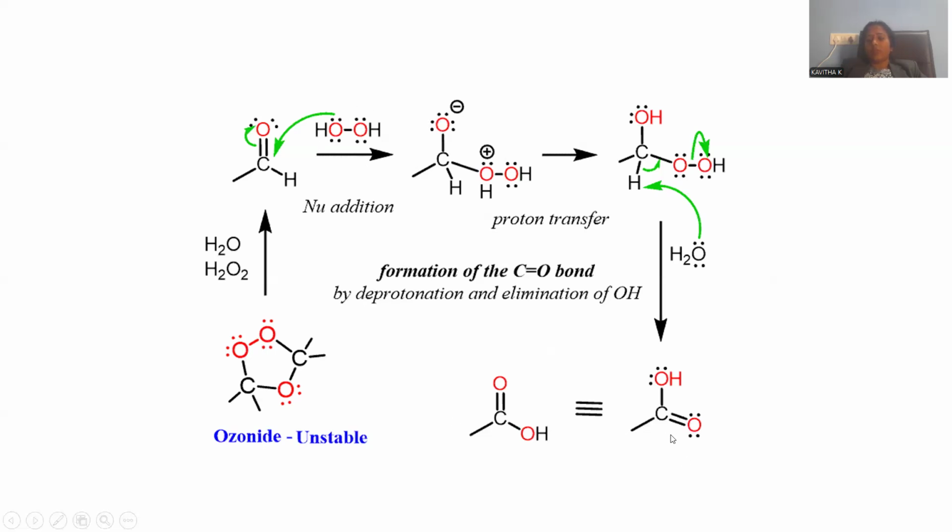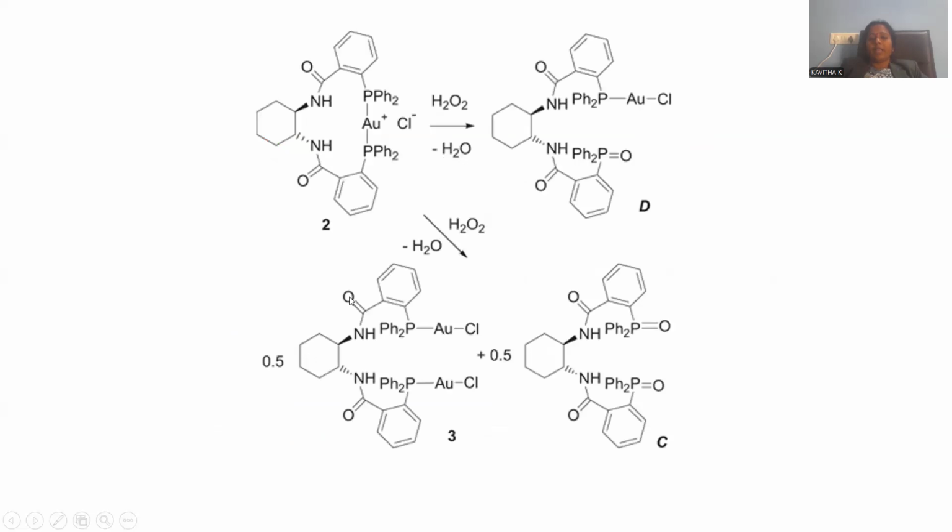And being a carboxylic acid, there is quasi-resonance. Quasi-resonance means equimolar ratio of existence. The pi bond either exists between one carbon oxygen or the other carbon oxygen. Both are identical in nature, so this is the way both forms are represented. And this is the way an aldehyde is turned into a carboxylic acid in the presence of hydrogen peroxide. Let me go with another example pertaining to hydrogen peroxide as an oxidizing agent.